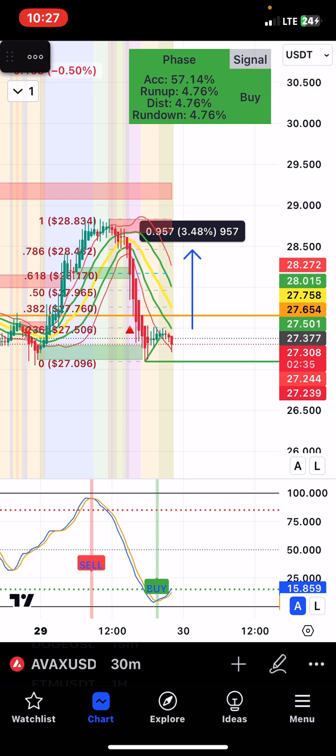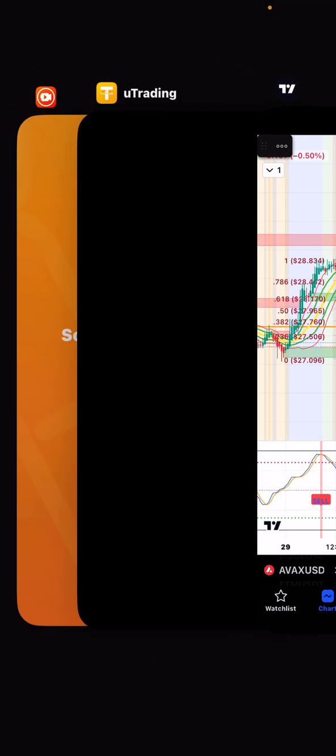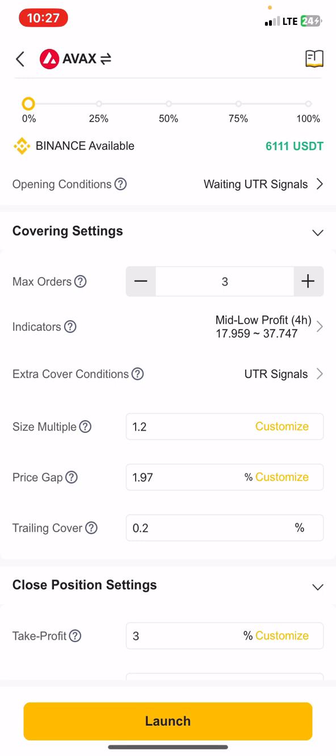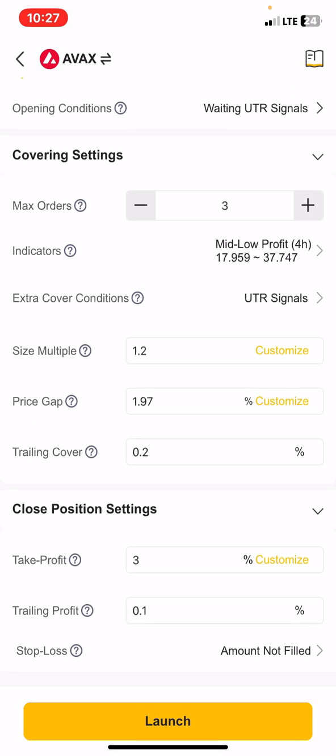Okay, now I will go to the robot and say first order take profit 3%, after first order 1.5, after second order 0.71. Then I okay it. What I am trying to tell the robot is that if the market is volatile enough, once you enter, take my profit at 3%, because my chart shows that you will get to 3%. But if for any reason the market goes against me, then you are going to take this